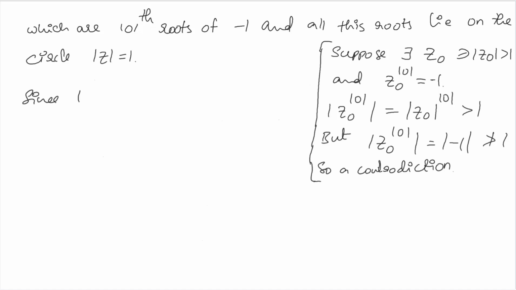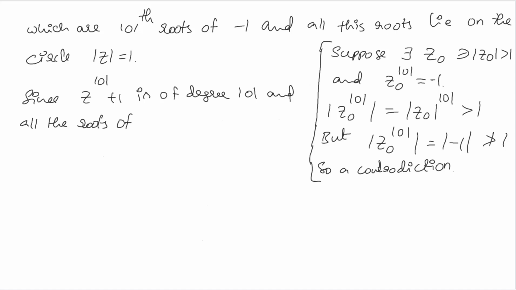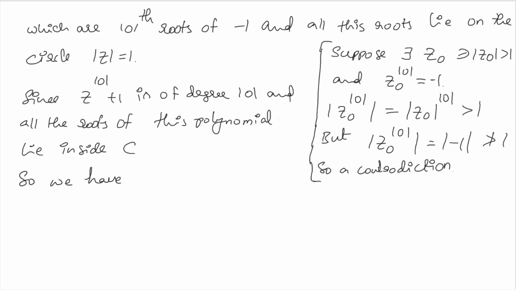since z to the power of 101 plus 1 is of degree 101, and all the roots of this polynomial lie inside C, we have the value of n as 101,